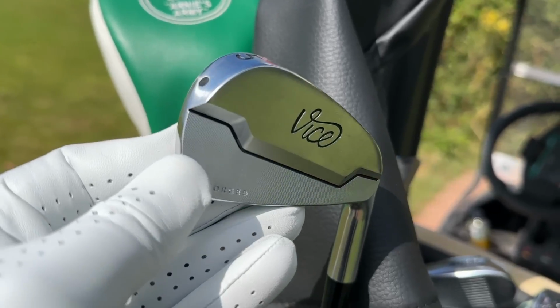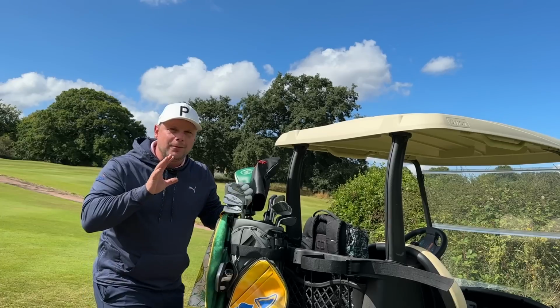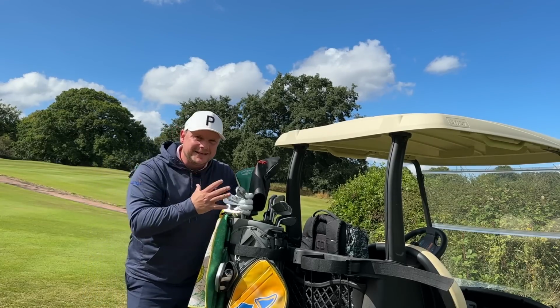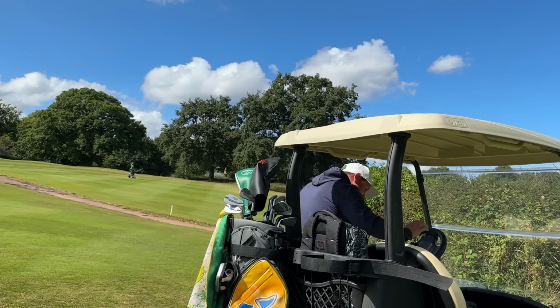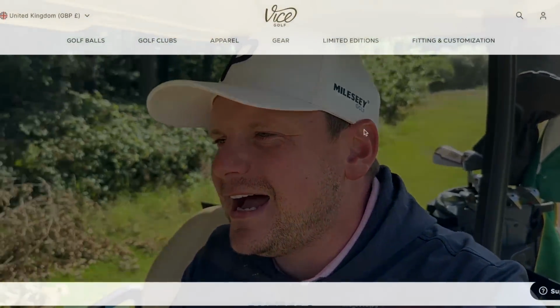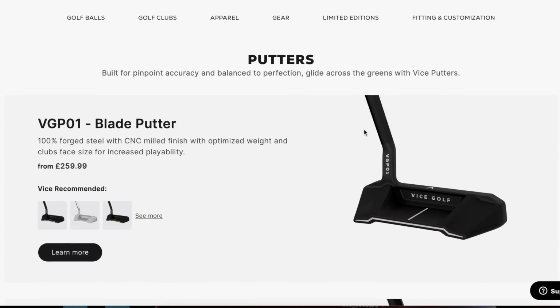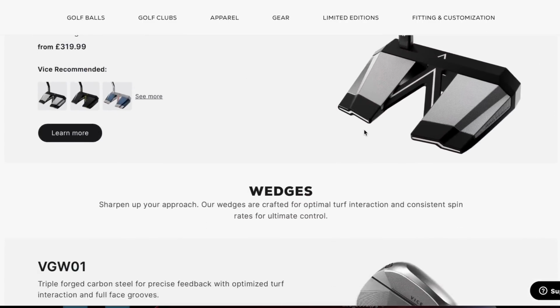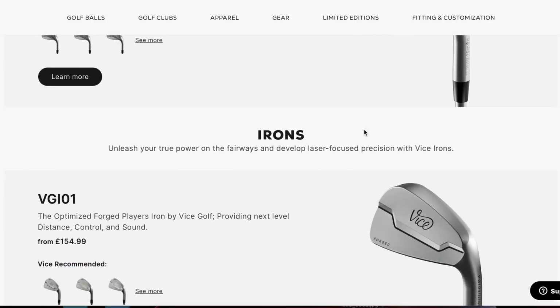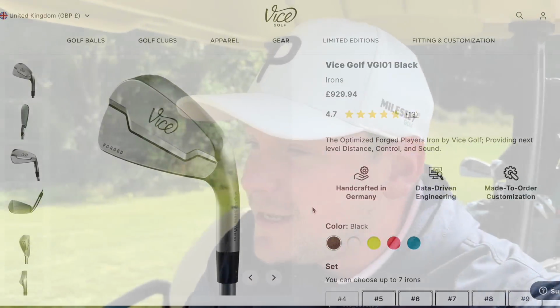So I think all in all, there's a lot of R&D gone into these, and I think there's a lot of people who may well be surprised when they test these irons for feel, for performance, and for the soul. Because let's face it, building up a golf brand like the guys at Vice have isn't easy. Getting people to commit to the brand, who are loyalists to your golf ball, to your accessories, to the towels, to the hats, to the bags, even the shoe collaborations, it's a big deal. So now the fact that we do have golf clubs available from this brand, oops,